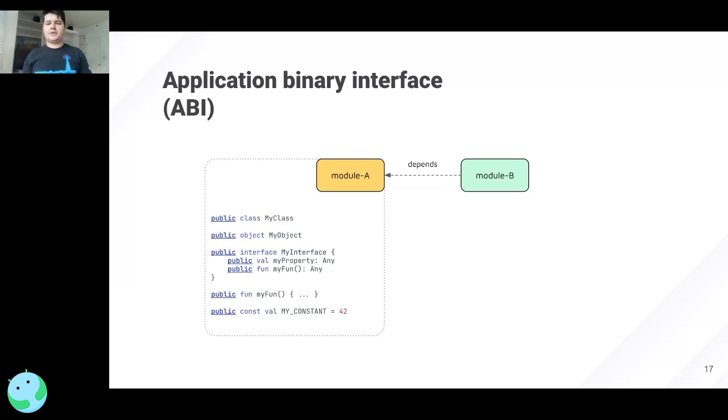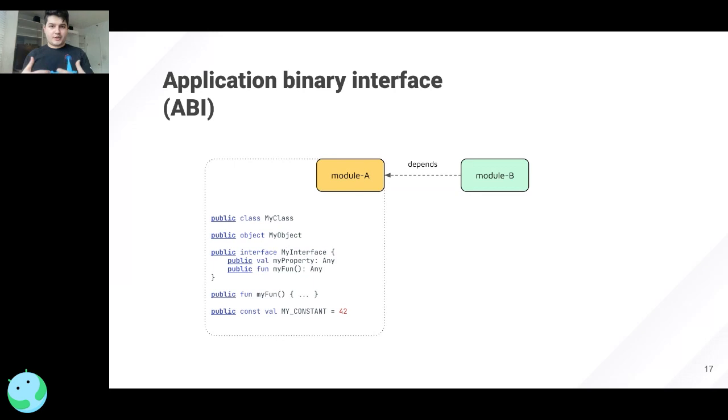Why is that? Because all those public entities inside of the module form the public application binary interface, or ABI. And it means that in case of any change of those entities, for example, if I rename a class, or add a public property, or delete some public thing from the module,